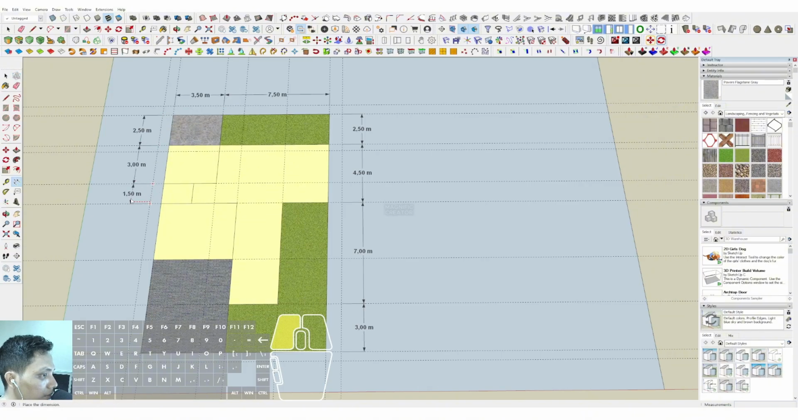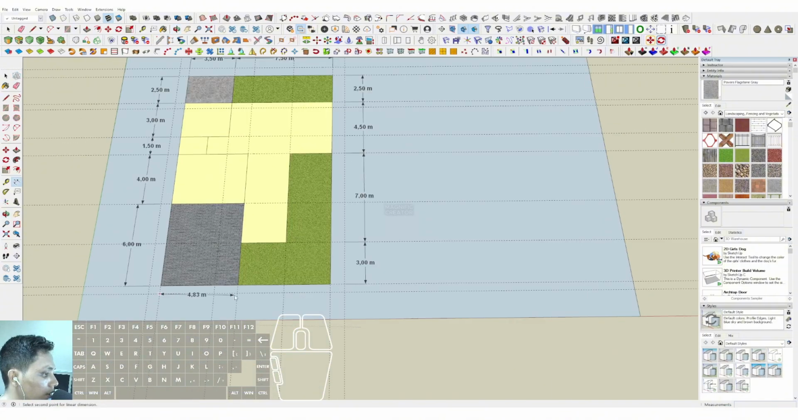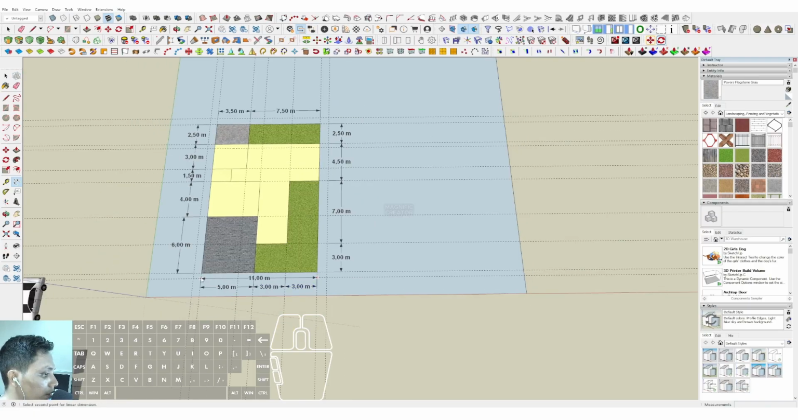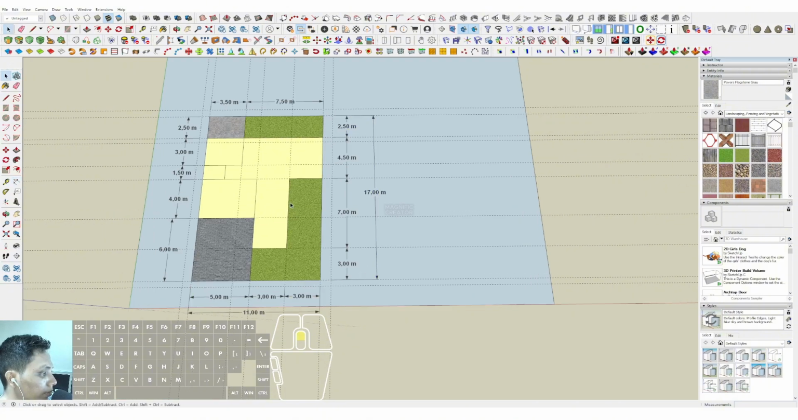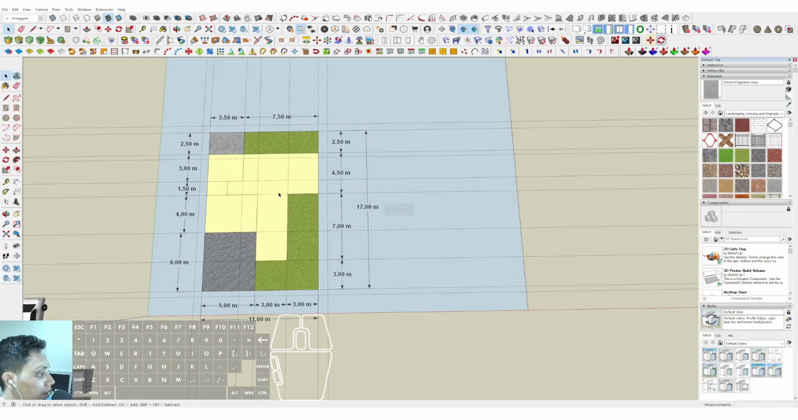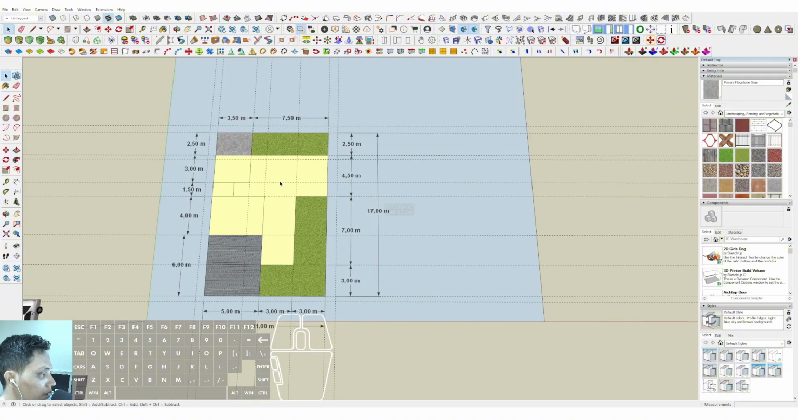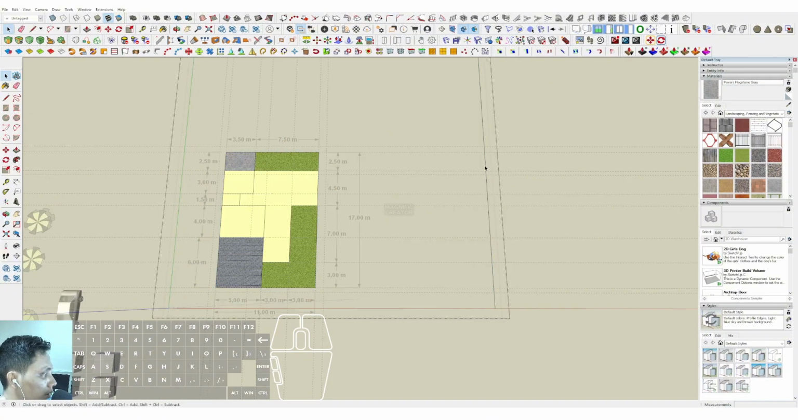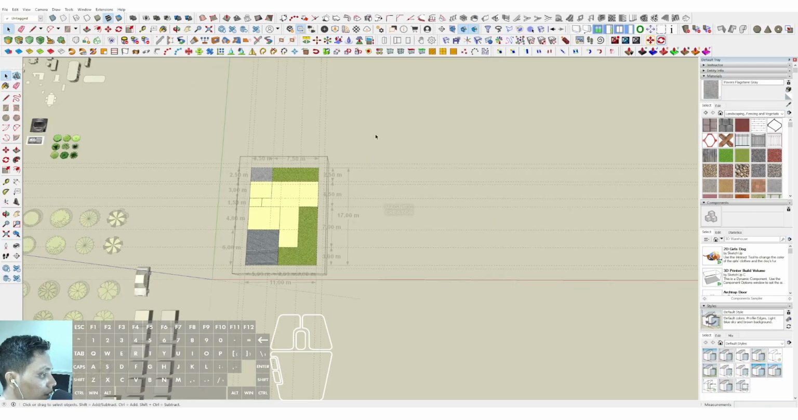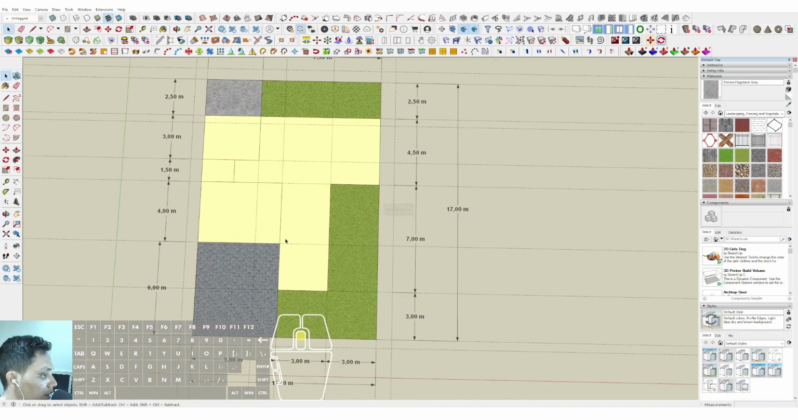Okay, that room, bathroom, and the bedroom, and this is a carport, 6 meter. Okay, just like this. And okay, there is an L-shape house in here. Then we can erase some unnecessary lines over there,